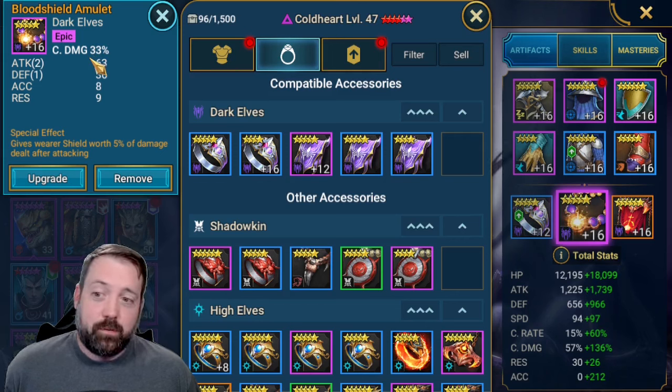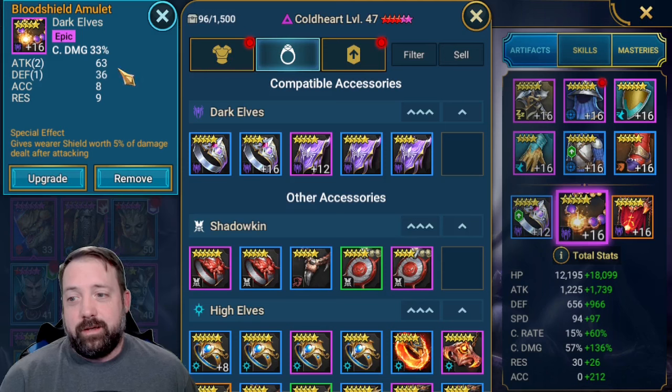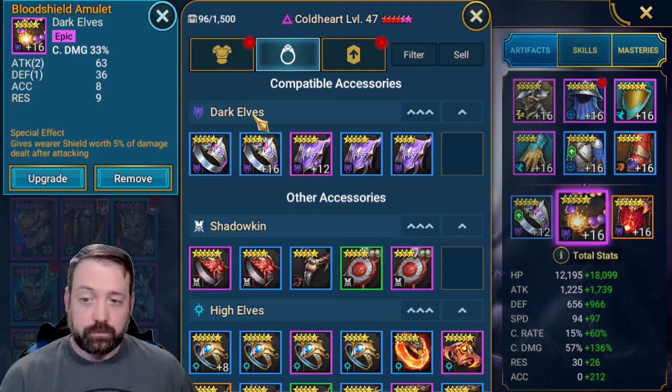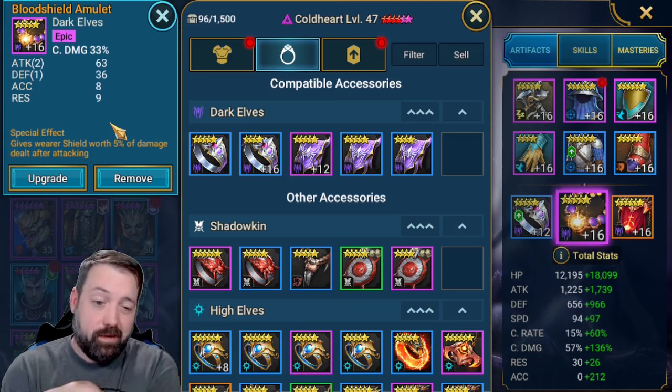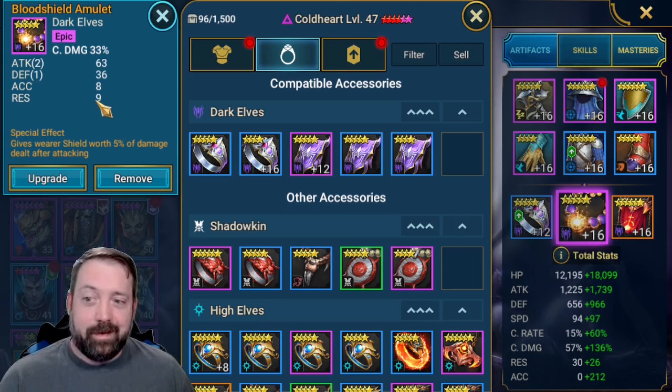This one I actually had to roll. I used a piece of chaos ore on it because it was actually the only banner that I had for Dark Elves, other than the one that was on Kale. And I think it was defense or HP, and I rolled it and it landed on crit damage with double attack. So I will absolutely take that. It's pretty solid